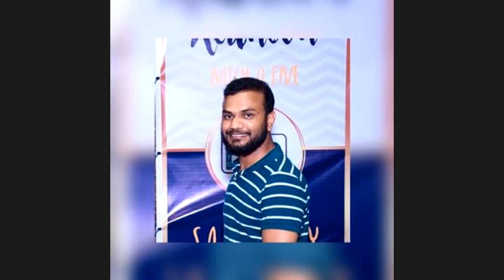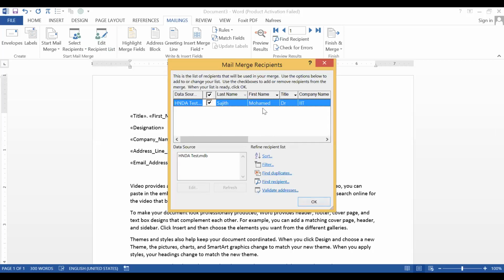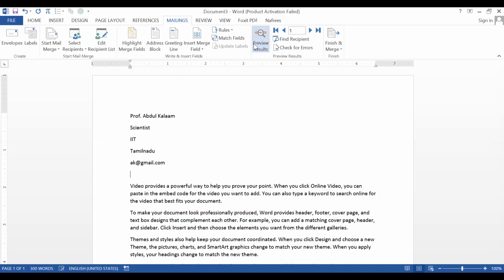Yes, somehow the way you answered is correct. The name that is not added, which means I have hidden Professor Abdul Kalam's profile. I'll show you how to enable it again. Just go to edit recipient and select last name. Using this column only, I have hidden Abdul Kalam. So you have to use the same column again to make it available. So click all. See, Kalam is available. Okay, click OK and preview. Now he is available. Now the two data are available. So this is how we have to edit it.